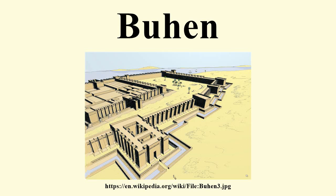Buhen was an ancient Egyptian settlement situated on the west bank of the Nile below the Second Cataract. On the east bank, across the river, was located an ancient settlement of Wadi Halfa. Old Kingdom: In the Old Kingdom it was the site of a small trading post in Nubia that was also used for